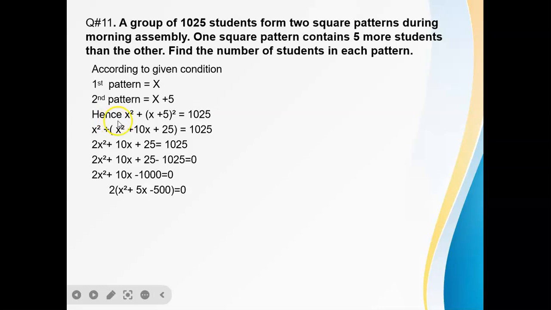So according to given condition, x square plus x plus 5 whole square equals to 1025, because आपने लेना है sum of square of two patterns को, ठीक है. तो we will add them and take a square of them. x plus 5 whole square, we will open it by using our first identity, which results in the standard form